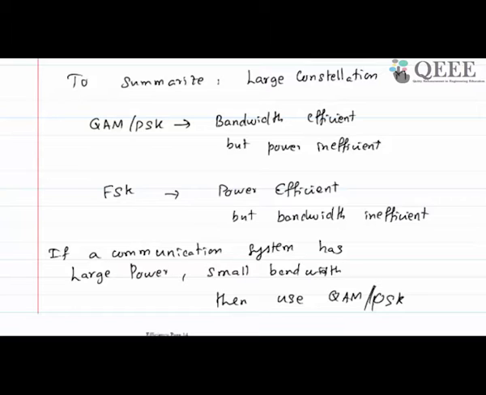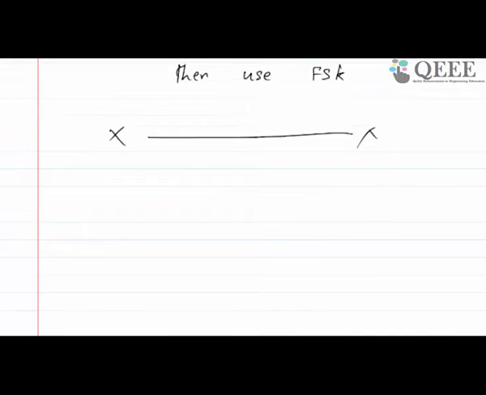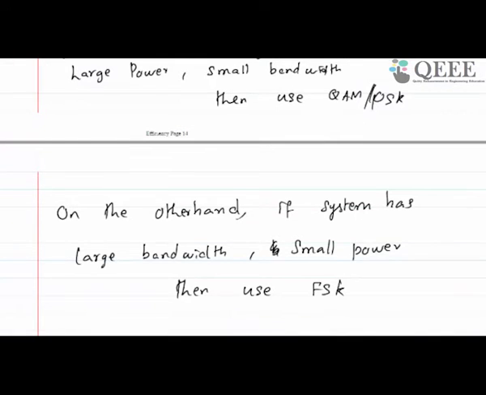So both FSK and differential PSK are robust to phase errors. Even FSK is robust to phase errors, while QAM is very sensitive to phase errors. But it is very bandwidth efficient, and it is power inefficient in the sense that when you increase the size of the constellation, you have to spend a lot more power to get the desired error performance. So I think with this I conclude this topic of baseband communication.